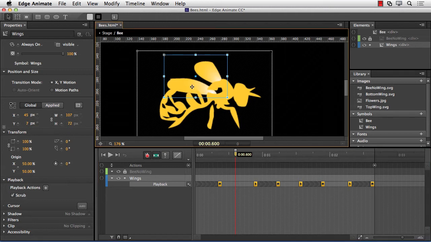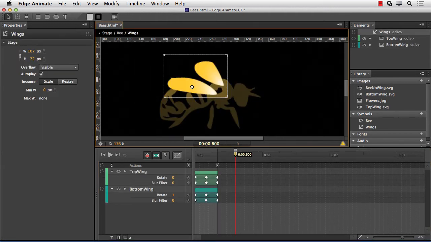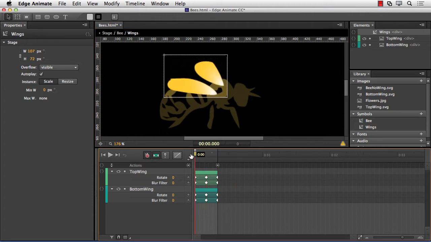Now the wings were real simple. There they are. And you can see that really it's nothing more than a rotate and a blur filter. And the rotate is not that big. I just basically, with the top wing, which is this wing right here, all I did was start at 0, rotate to 7 degrees, and then come back to 0. And as it rotates, you can see that the blur comes up to about 4 or 5 and then back